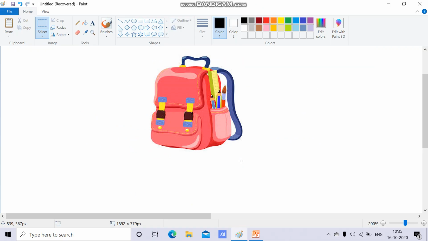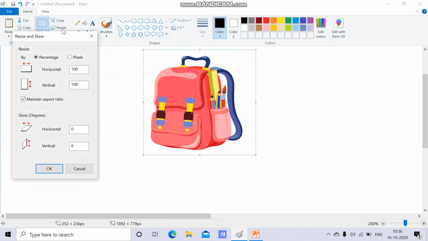So children, this is the image on which we want to work. We want to change the size. First thing, go and select option, rectangular selection. Now put your mouse cursor over here and move it diagonally. Now this dotted box means your image is selected. Now again go to this box. Here you can see resize. Click on that, a dialog box will open.